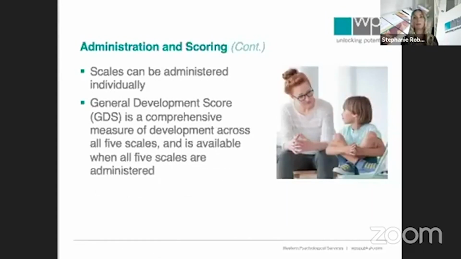The scales, people do ask this question. The scales can be administered individually. So if you only want to do the cognitive portion, you can do that. You are still going to use a protocol for that, but also the general development